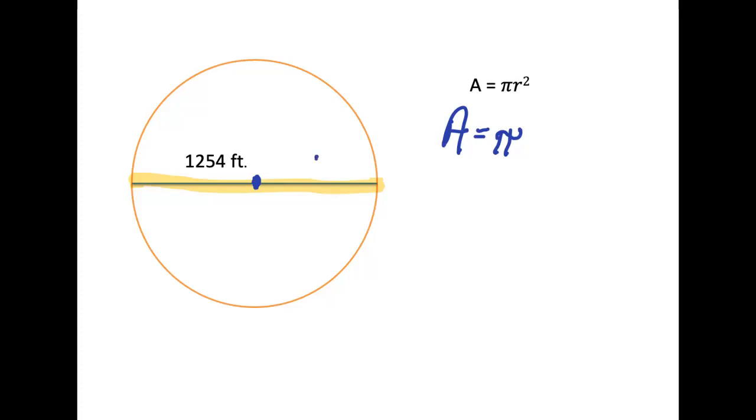So the radius here is 627 feet. We're going to plug in 627 squared times pi. And when you multiply 627 times 627, we end up getting